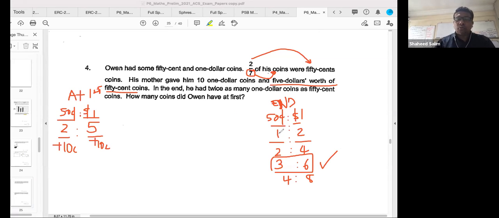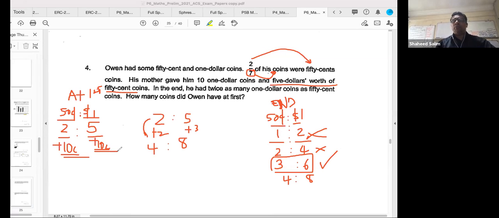It cannot be 1 to 2, because 1 to 2 this goes down. You see, cannot be 1 to 2. Cannot be 2 to 4. What about 4 to 6? This one you plus 2, this one you plus 3. Can you see now? From 2 to 5, let's say now, to 4 to 8, let's say. Here you say you must plus 2. This one plus 3 cannot be, because both must be the same number of coins, must be same units,